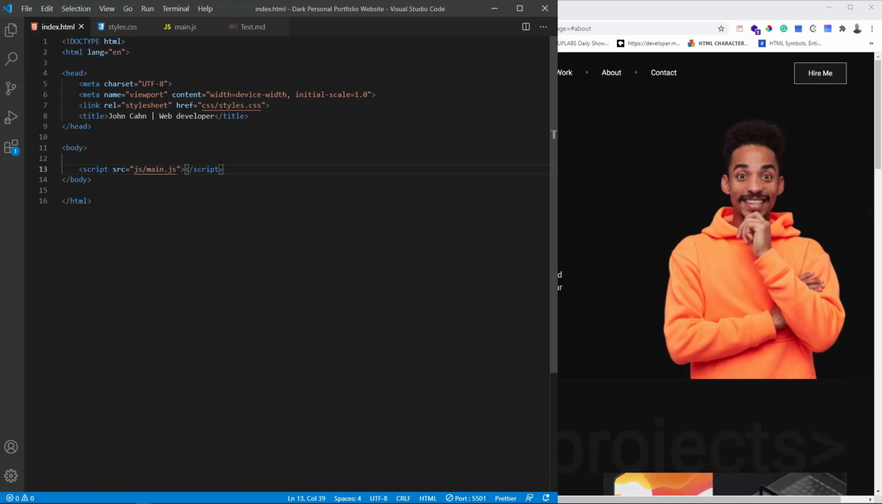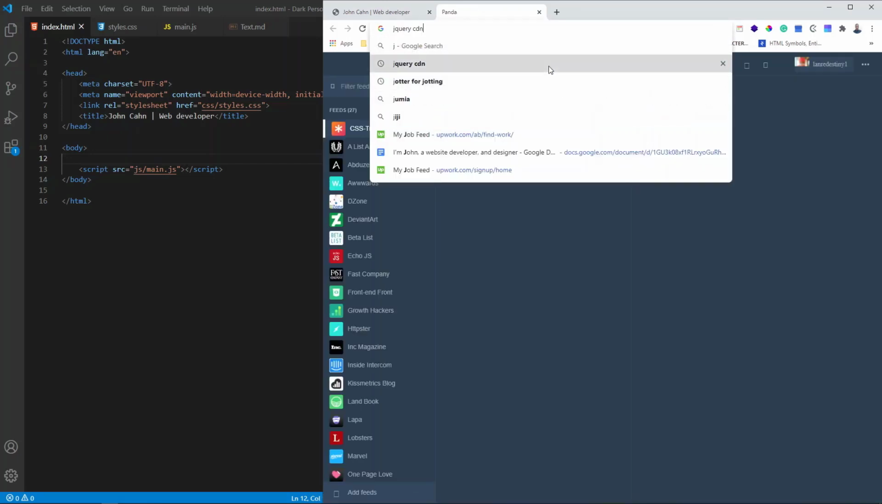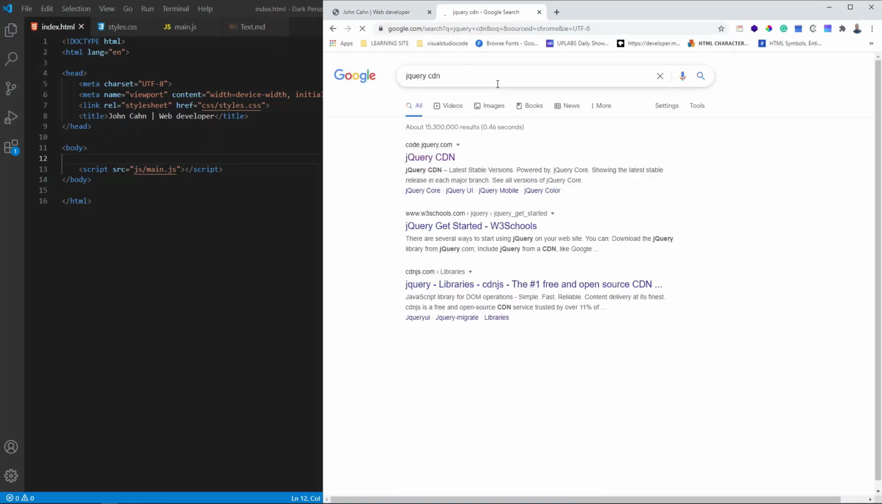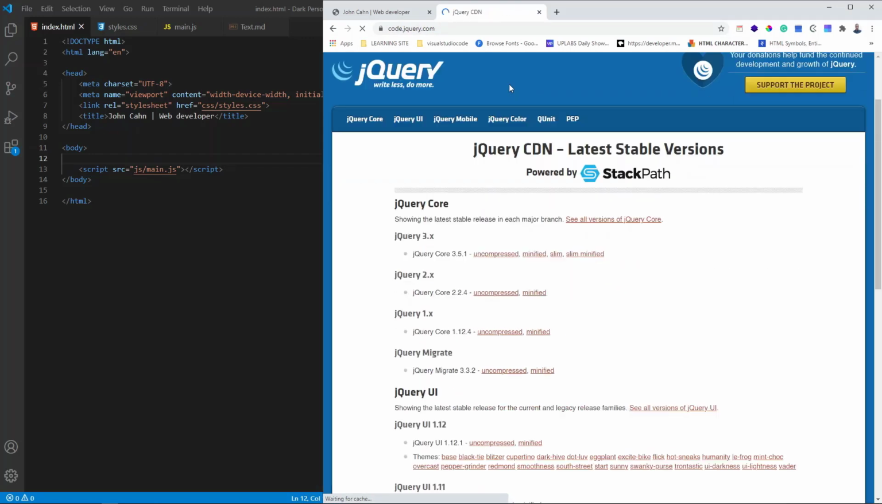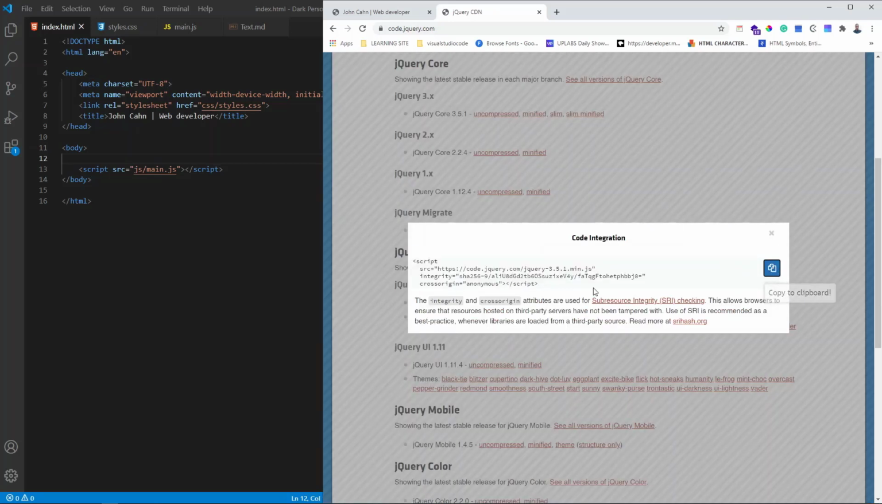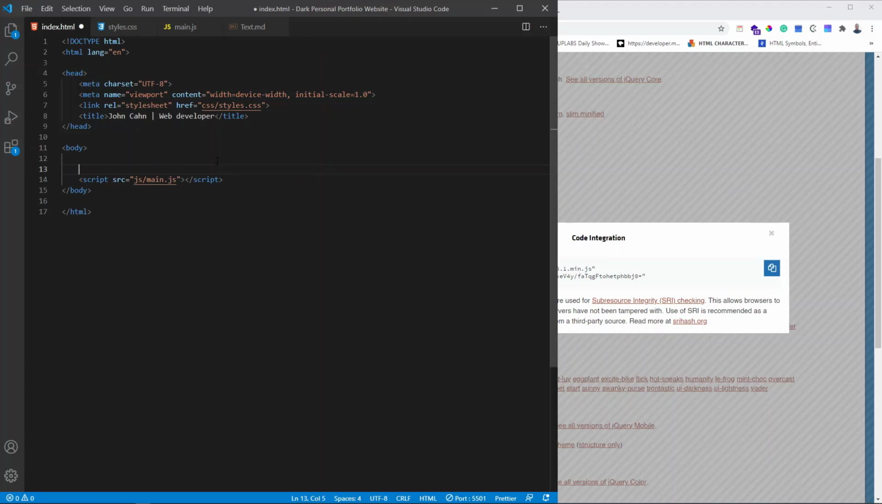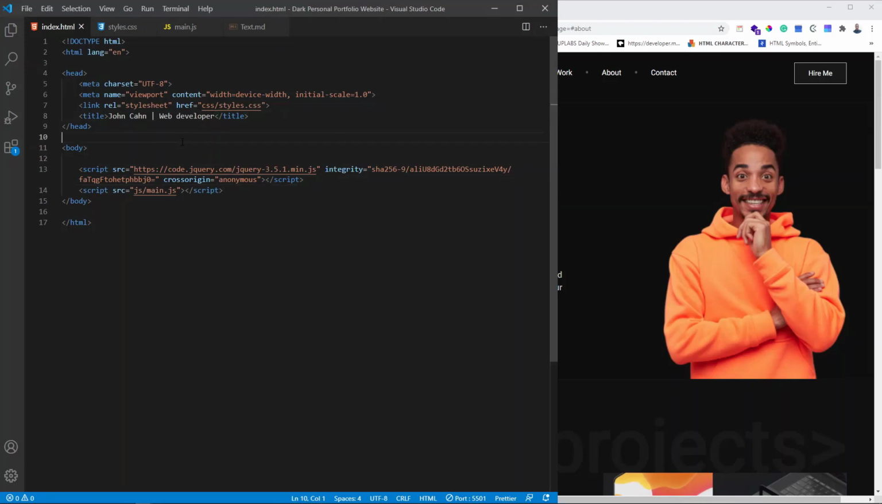I'm going to save that, and I'm going to grab the jQuery CDN. You just go to this website and grab the minified version. I'm going to copy this and paste it in the script tag. I'll save that and close this web page. And after that, okay, so now let us